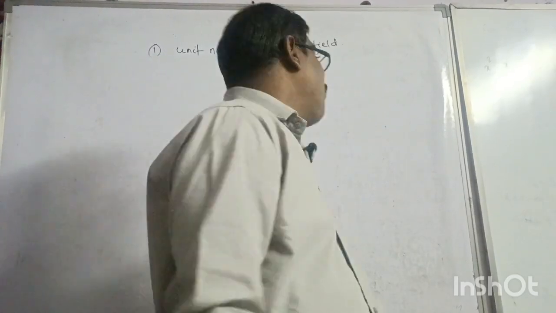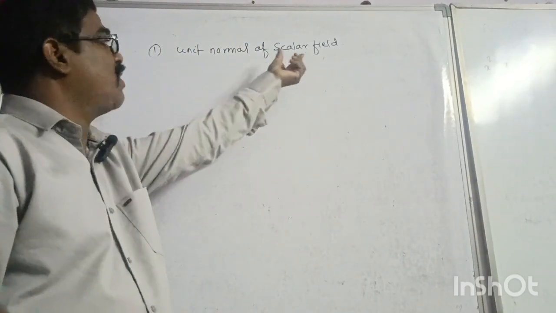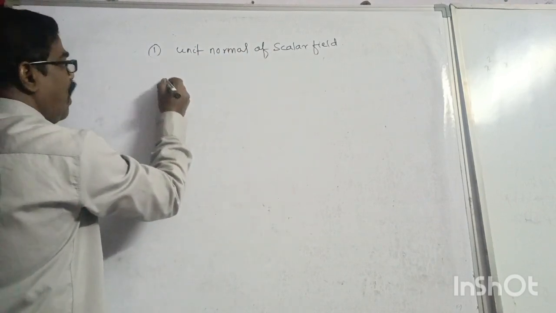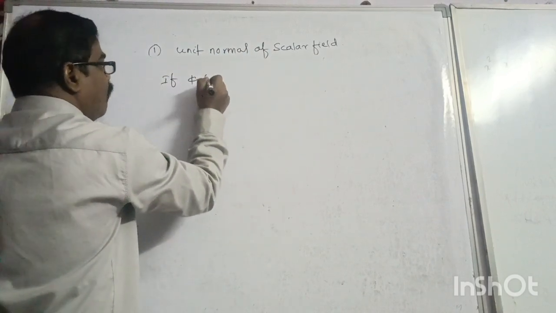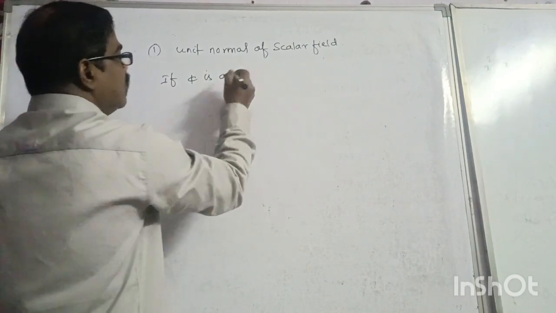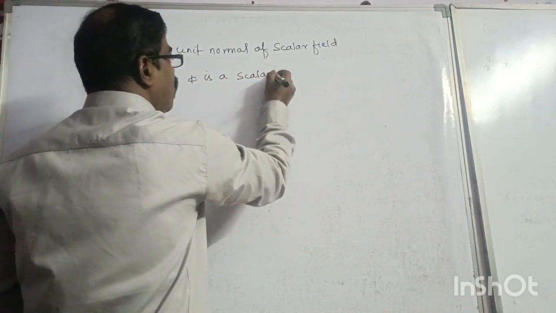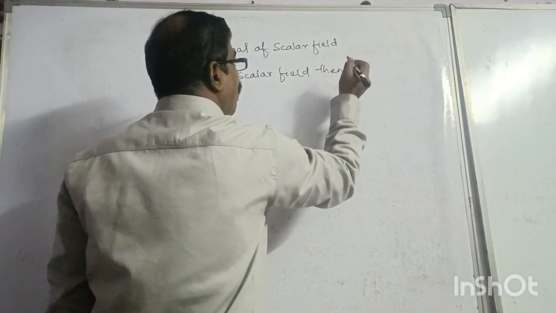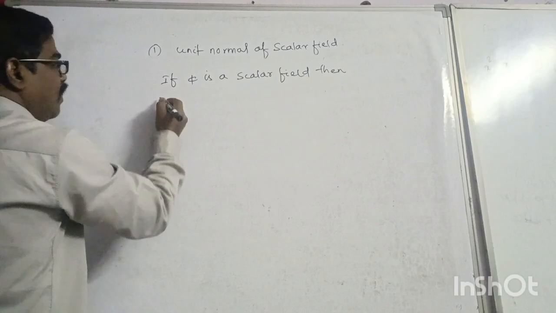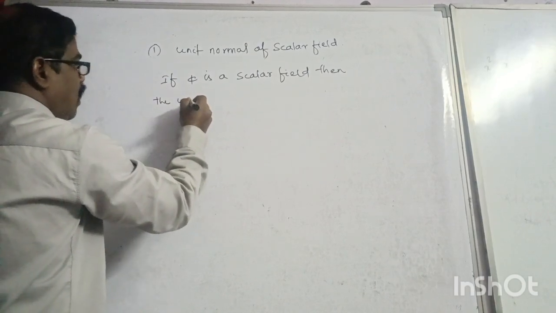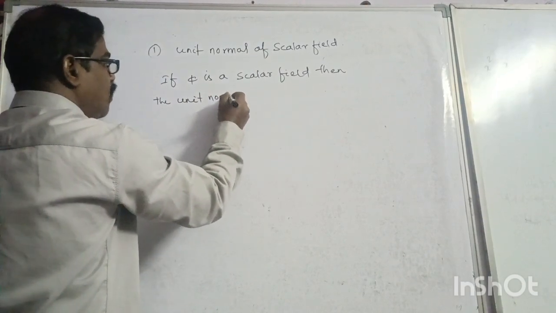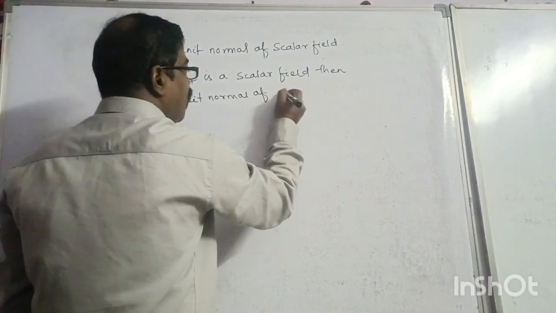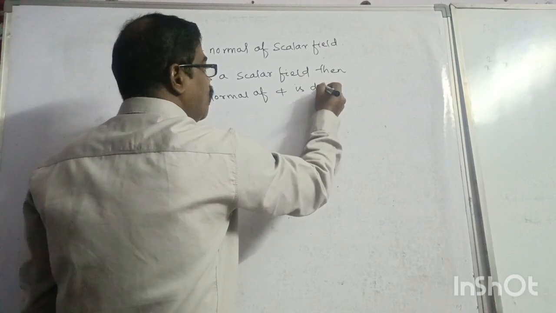First I will teach you what is a unit normal of scalar field. Definition I am telling first. If phi is a scalar field, then the unit normal of phi is denoted by